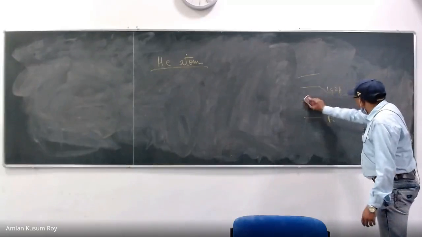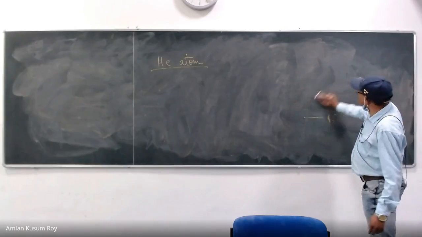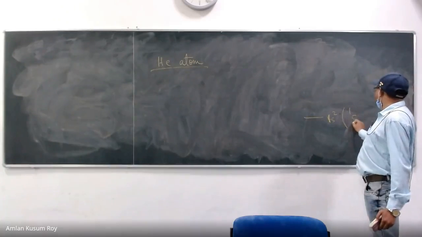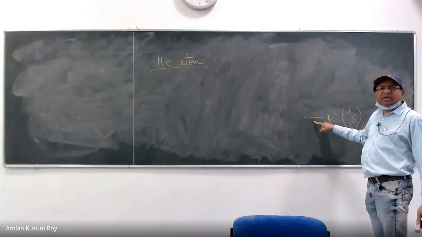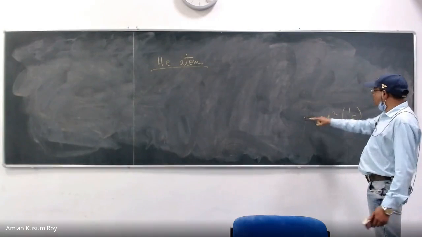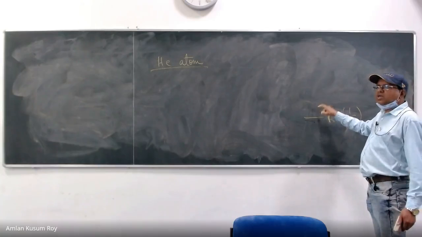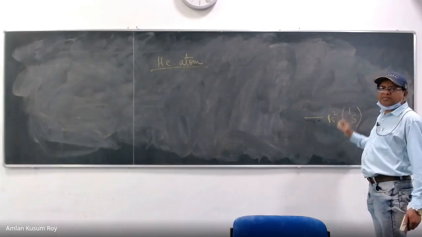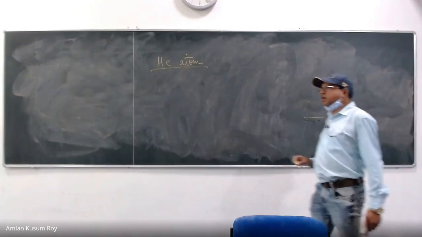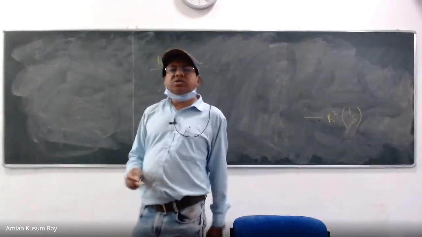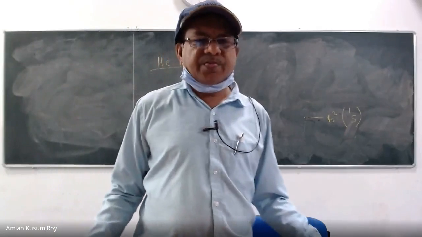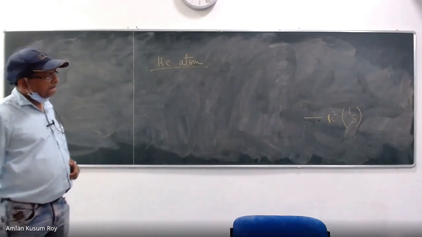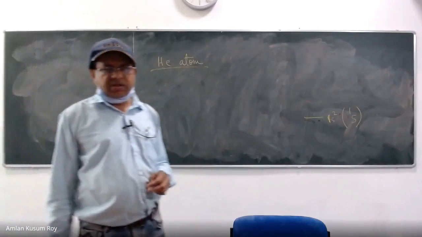So at this point, the discussion is only this much: ground state 1s2 with a state. This is a non-degenerate state, right? Only one state, there is no degeneracy. So I can use the results of non-degenerate perturbation theory for this problem. This is my understanding. So I request you to suggest what is my H0. Let us discuss what can be the H0 for a realistic problem. What is H0 in this case?